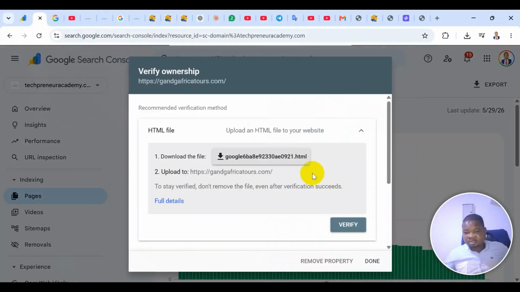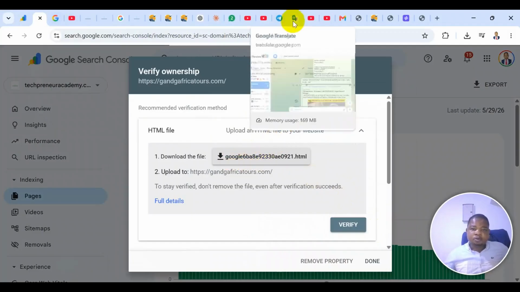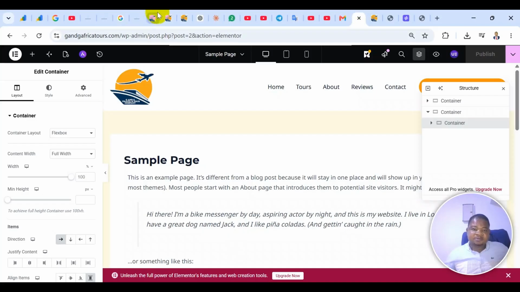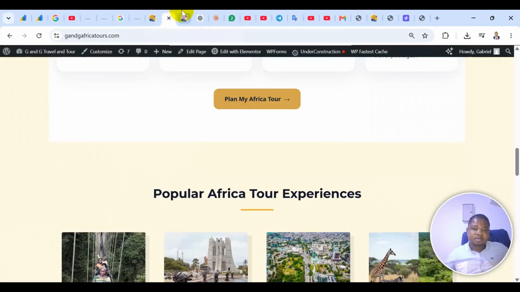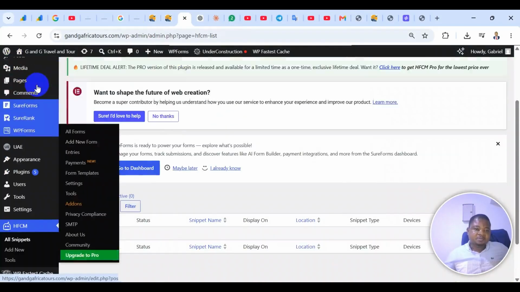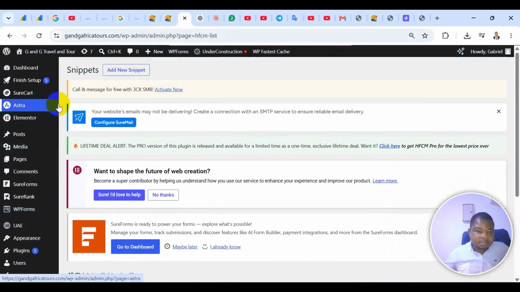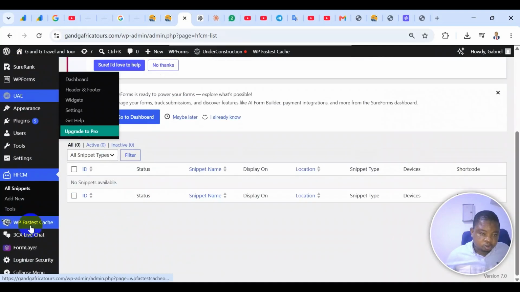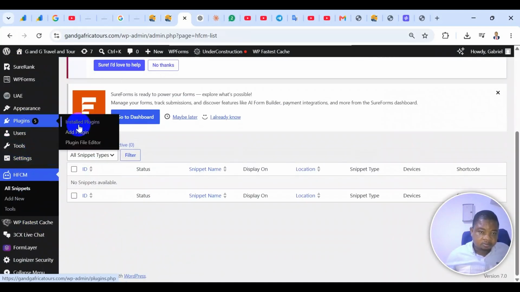It brings you to this place where you'll be asked to upload an HTML file to your website. So this is the file. Now, if you are using a WordPress website, for example, like mine, you go to WordPress admin dashboard, and then go to plugins. Tap on add plugin,